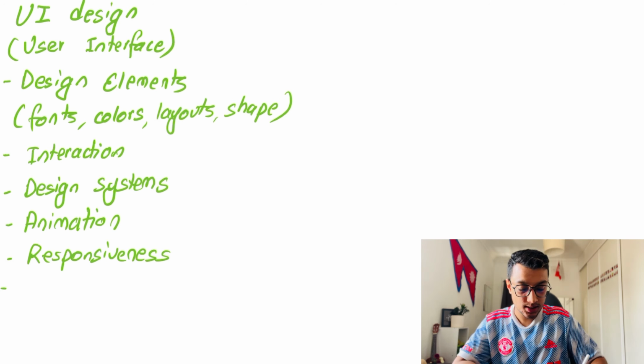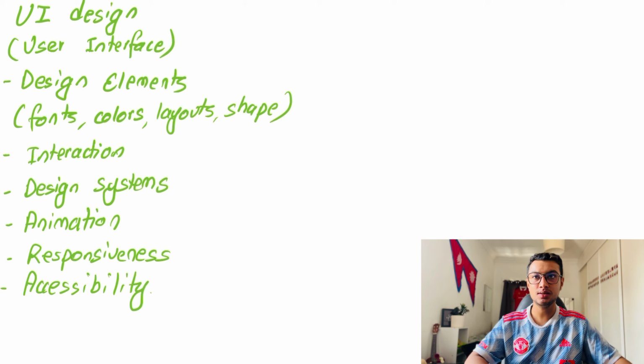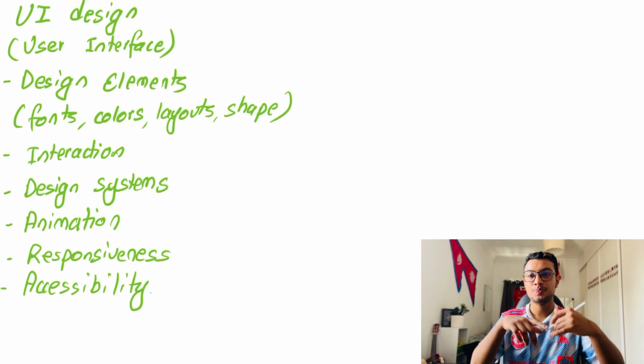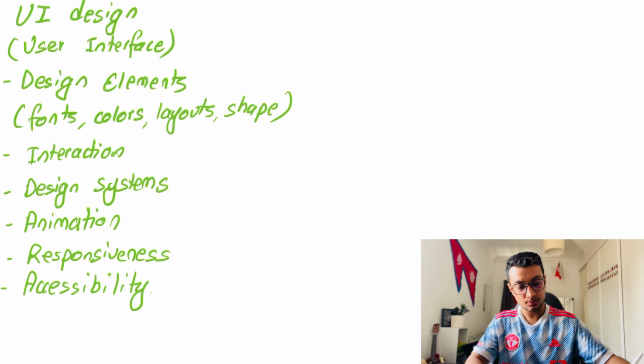And another thing is accessibility. Accessibility भनेको चाहिँ we need to make our product accessible for users from every background or every condition. For example, some of your users could be colorblind, so we need to make sure that they can differentiate between the colors that we use and the contrast and every other thing that we need to consider to make our product more accessible to the users. So accessibility comes under UI design as well.